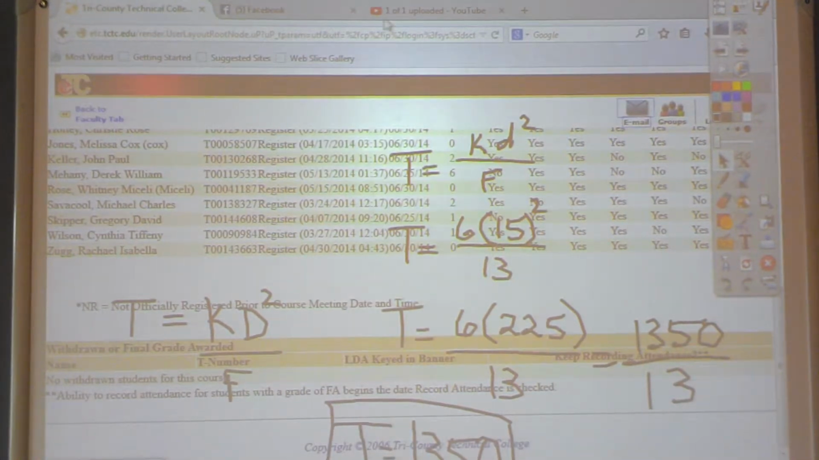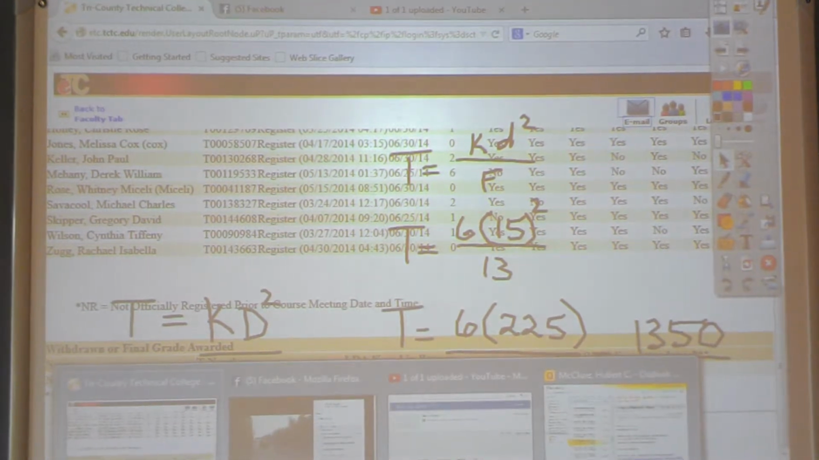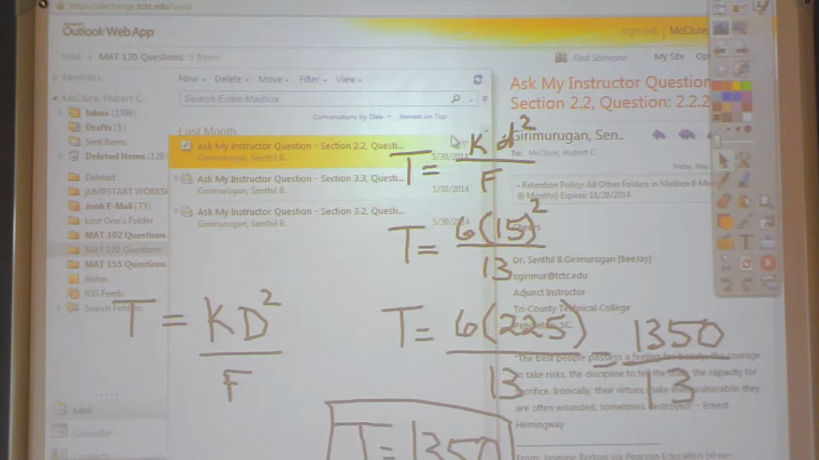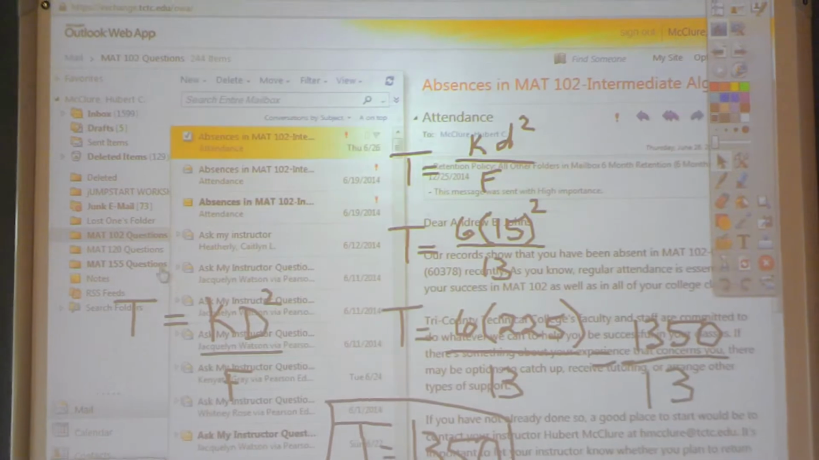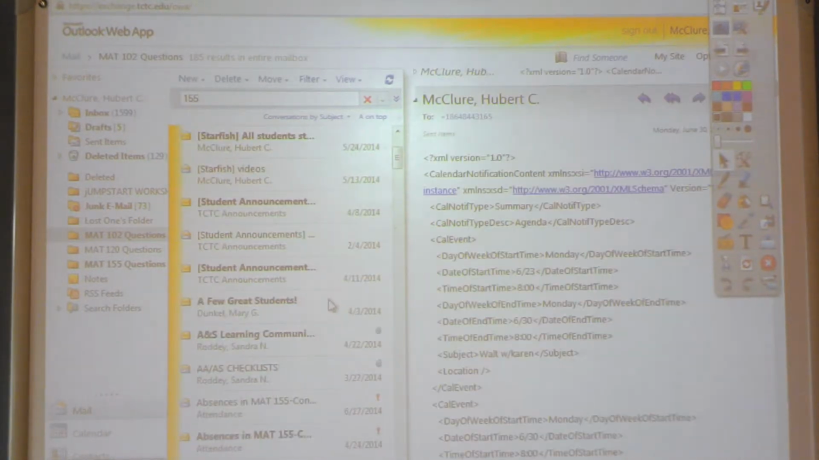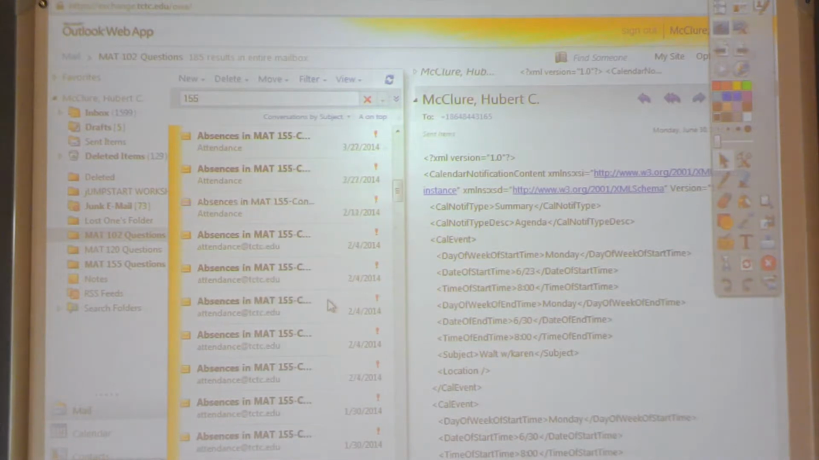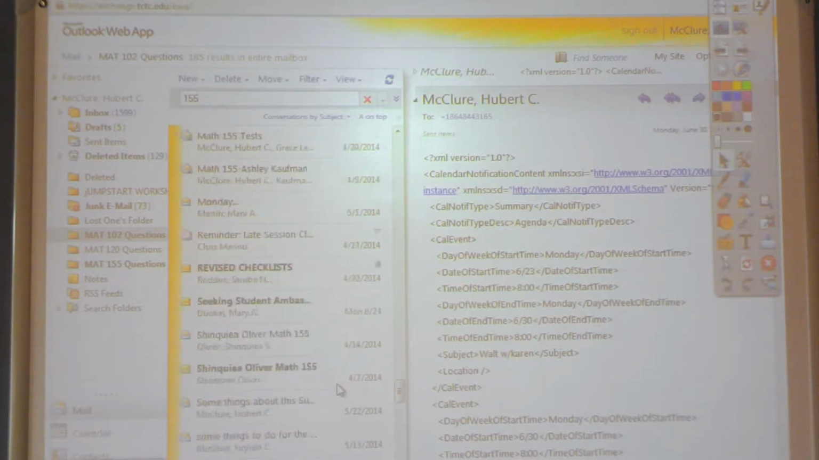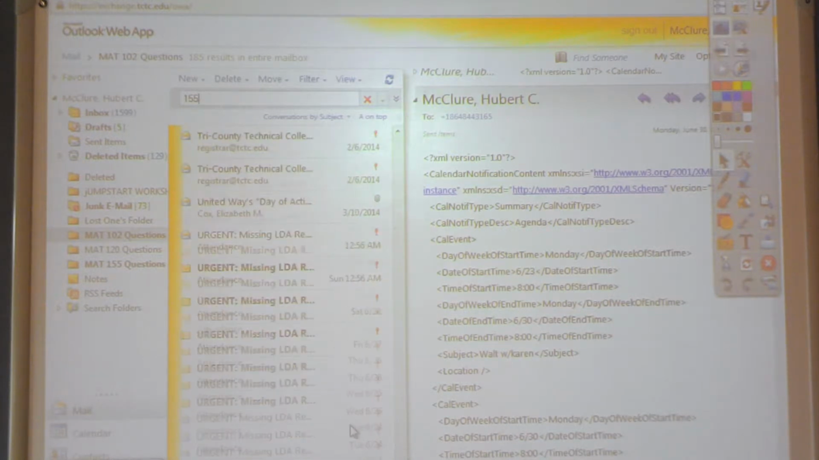That's the only question. Let's see. I might have another question in the other emails. Let me look in the other sections and see if there's any 155s in here. Not in there. Let's see if there's any in here. Because sometimes they get mixed up. 155. See, you ask my instructors. We do ask